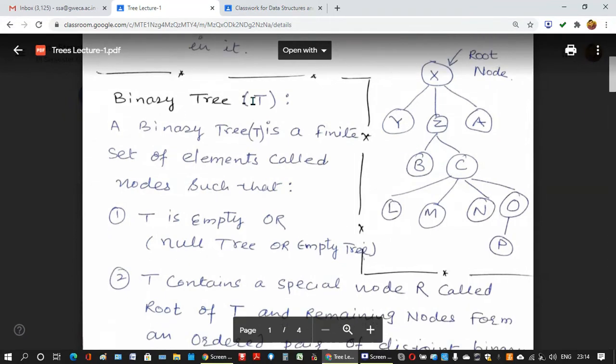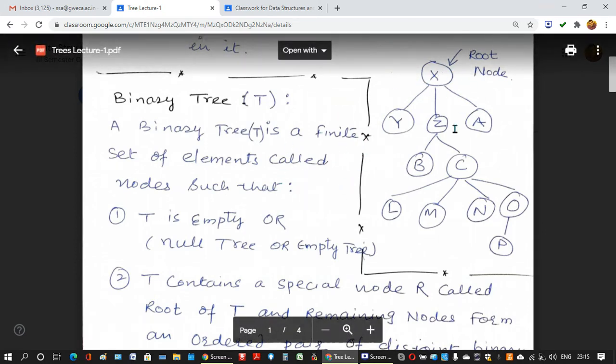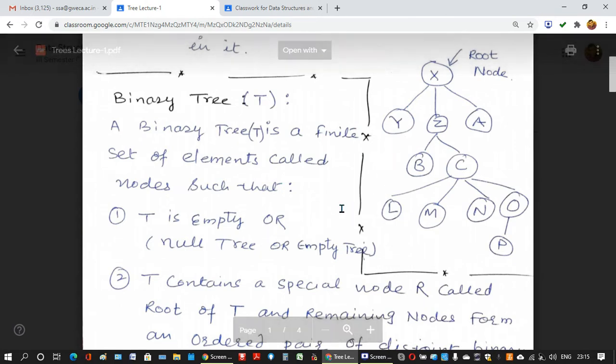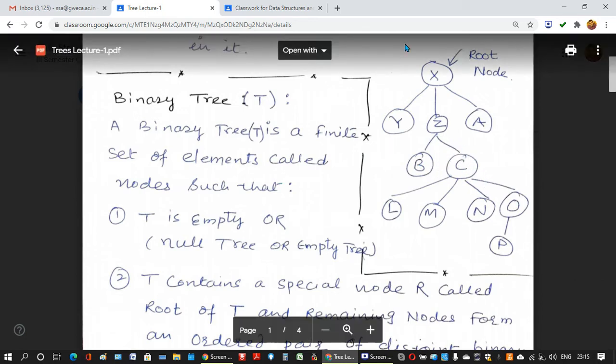So what is binary tree? So binary tree by definition is very simple. In simple words, you can say if there is a tree and you impose one condition that any node can have at the most two children. At the most two children means there will be no such node having more than two children. So it can have zero child, one child, or two children. See, this node c has four children, this node x has three children. So this is not a binary tree. So in binary tree only zero child, one child, or two children are possible. So at the most two children.